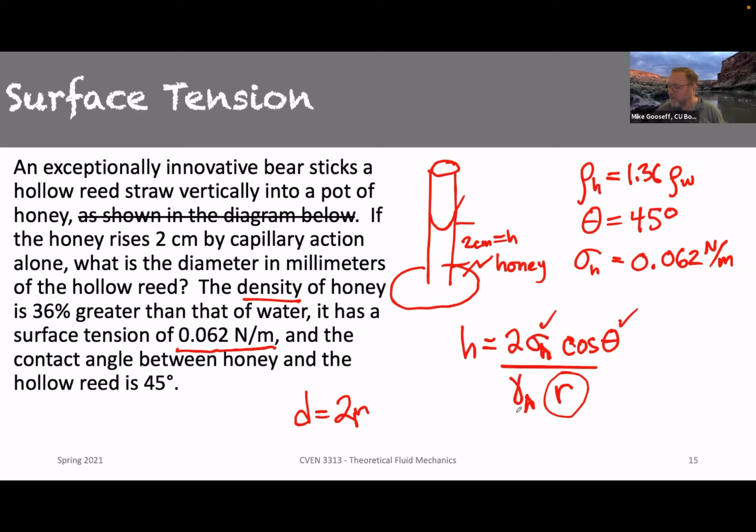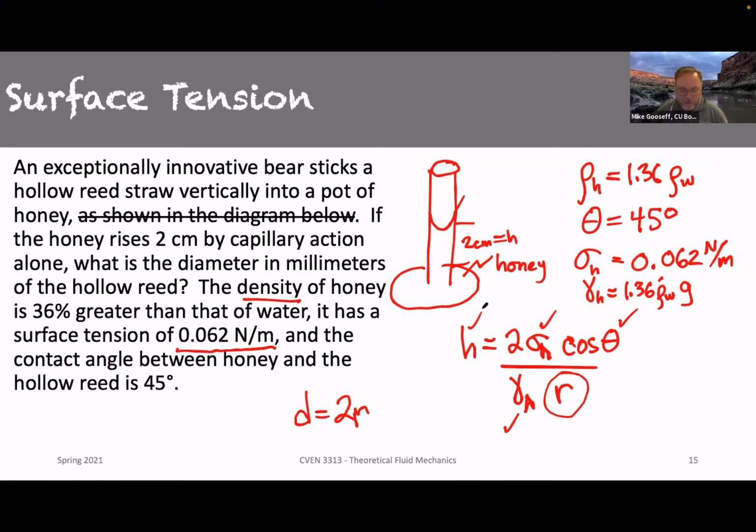We can figure out gamma H, because gamma H is equal to 1.36 times rho water times the acceleration due to gravity, right? So we can plug that in here as well, and we're given that H is a rise of 2 centimeters,